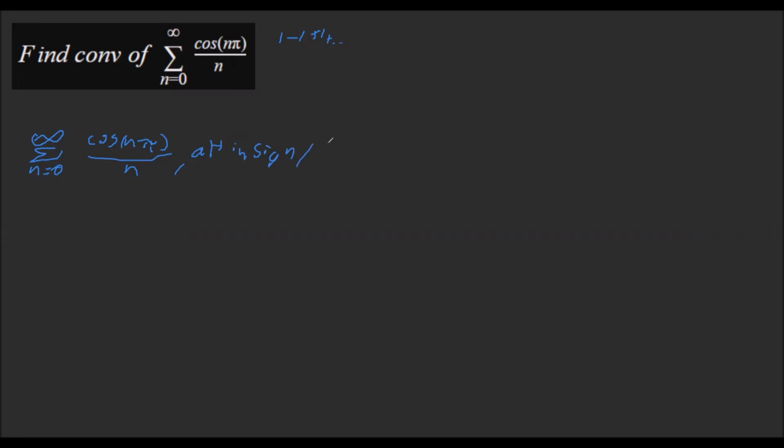We also have to say that the limit as n approaches infinity of a sub n equals 0. A sub n in this instance is 1 over n, because we are disregarding the portion of the equation that's causing it to alternate, and that is very clearly equal to 0. Lastly, we have to say it decreases in magnitude, which it very clearly does,